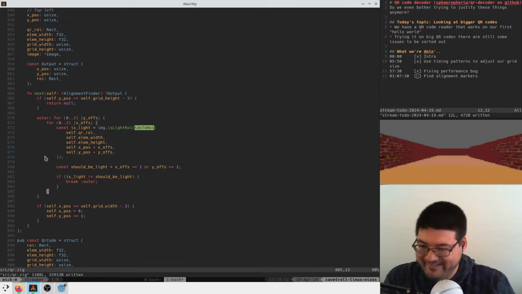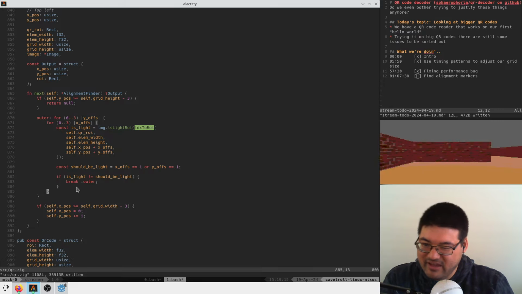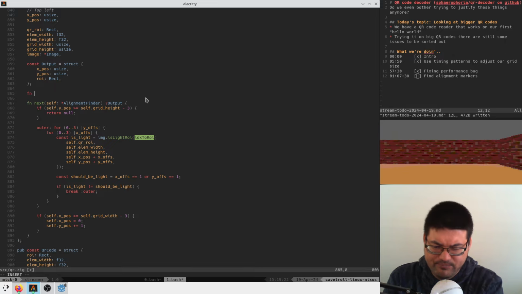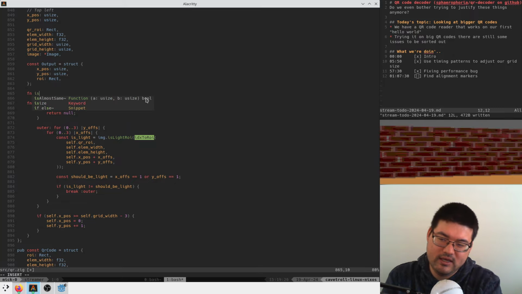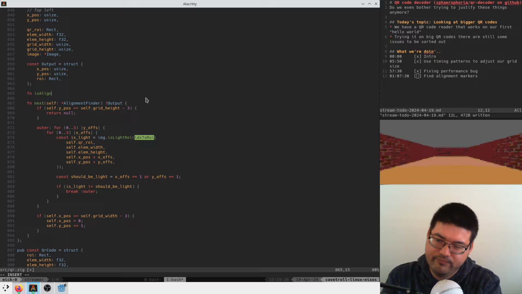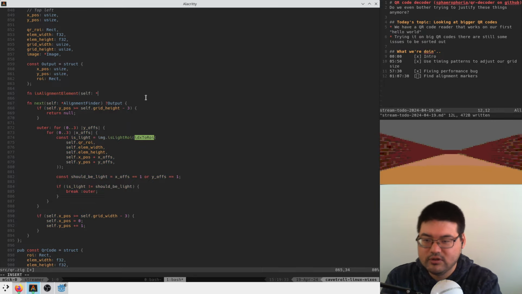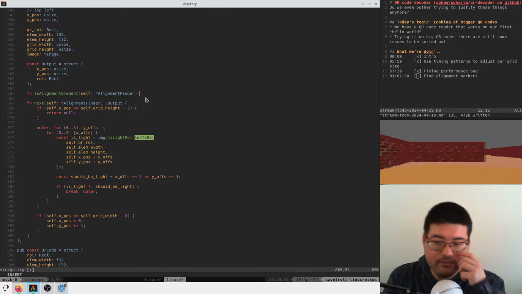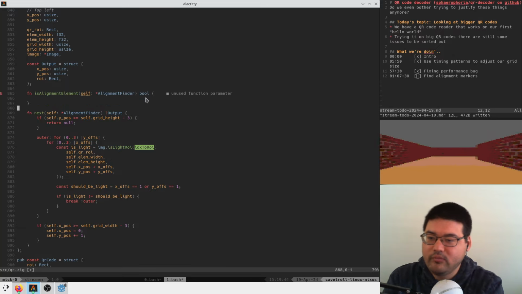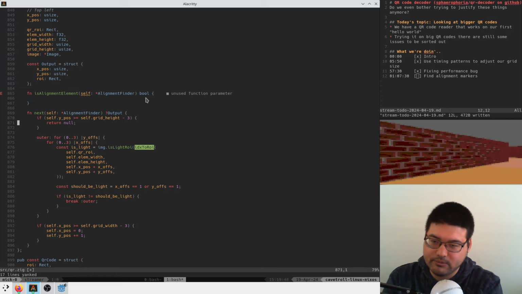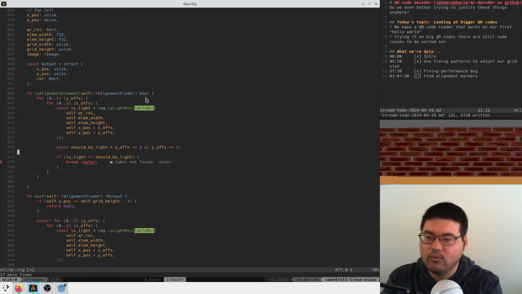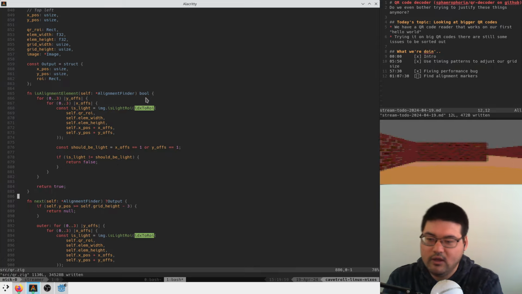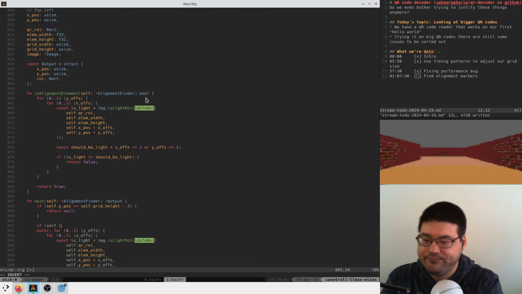Otherwise, if all of these things pass, then it is. So it kind of makes sense to split this into a function instead. Actually, that makes way more sense. It'll clean itself up a little bit. So we can say is alignment element, self. So at our given position, are we at an alignment thing? Yes, that makes sense to me. So it's going to return a boolean. And it's just going to be this loop again. Double loop. Eat this guy up, put him over here. Here, we are going to return false. And if we make it to the end of the loop, now we can just return true. Great. And then here we can say if we are an alignment element,